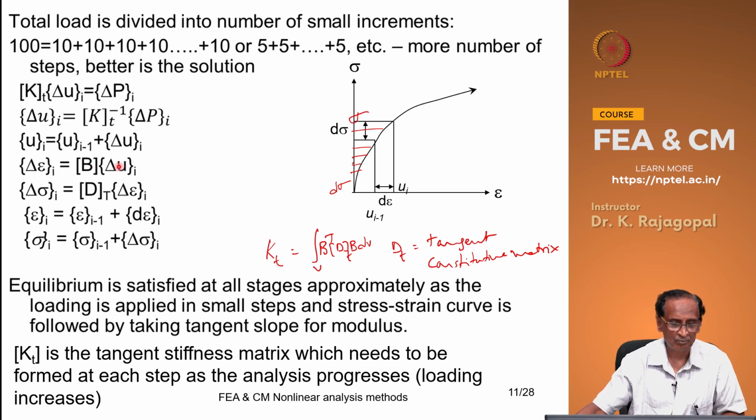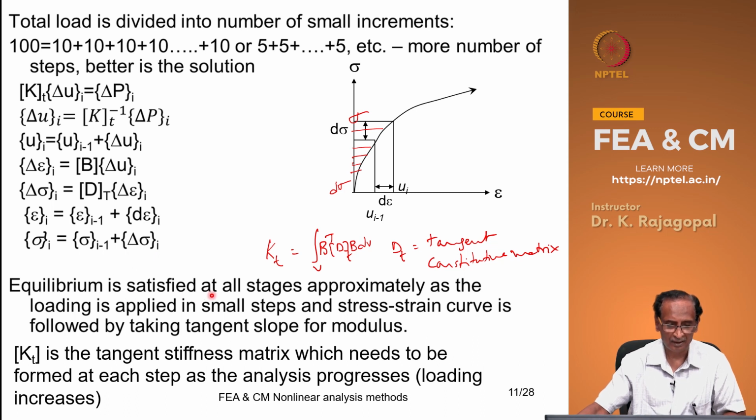delta epsilon is B times delta ui, and then delta sigma, the change in the stresses, is Dt, that is based on the current Young's modulus and then the current Poisson's ratio, multiplied by delta epsilon, and then the total strain epsilon i is epsilon i minus 1 plus delta epsilon i, and sigma i is sigma i minus 1 plus delta sigma i,